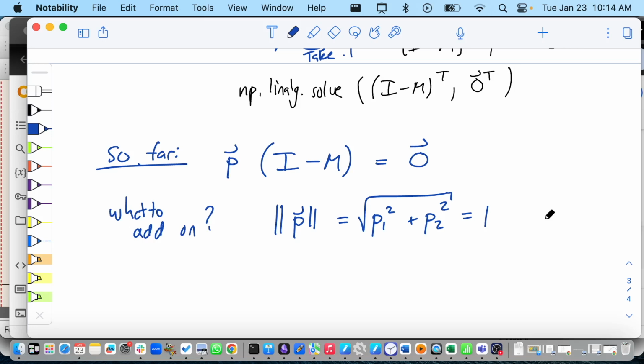I think we do want p1 and p2 to be involved. We don't want the magnitude squared to be 1, though, because they're probabilities. So probability is squaring them. That's like some quantum stuff. We don't do that. So this is close, but not quite. Okay. Anyone else have another guess?